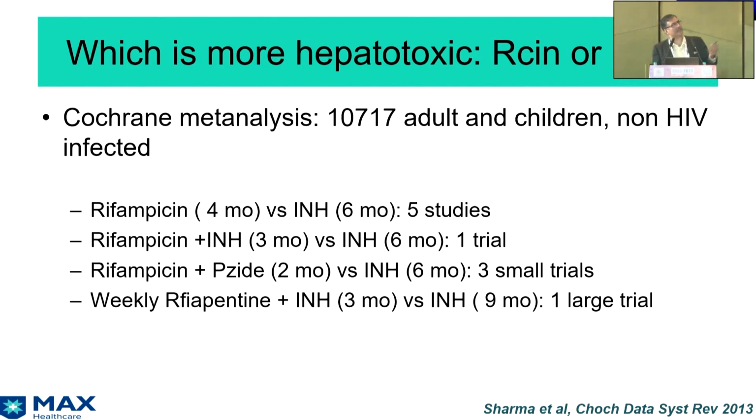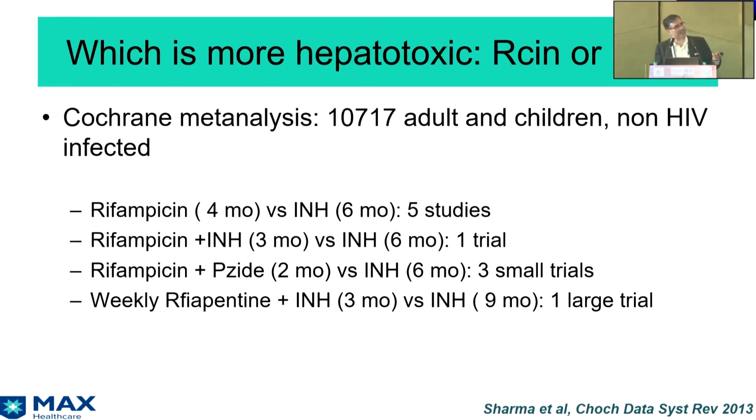So I think this is another important question which keeps playing on our mind, and people do keep discussing it. Which is a more hepatotoxic drug? Is it rifampicin or INH? Different schools of thought. For example, we trained from AIIMS, we think that rifampicin is safer. People trained from GB Pant and PGI Chandigarh are more happy using INH.